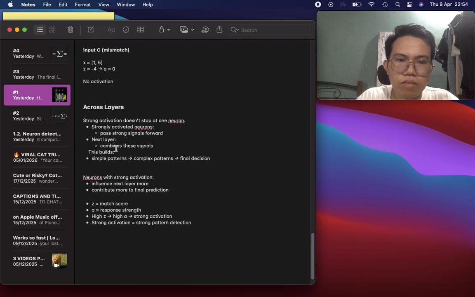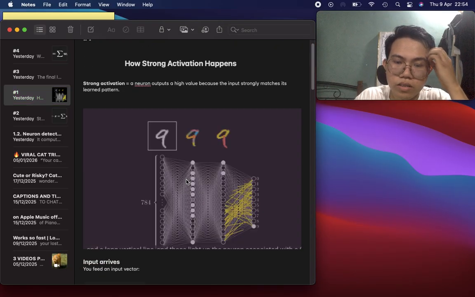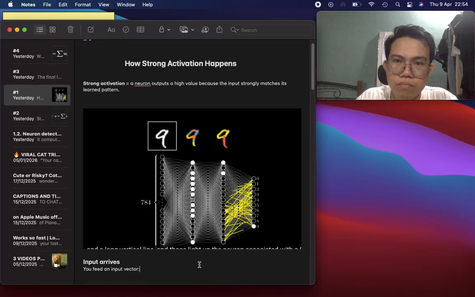The next layer combines the signals, like what I've said, and this builds simple patterns into complex patterns. And the final decision is 9